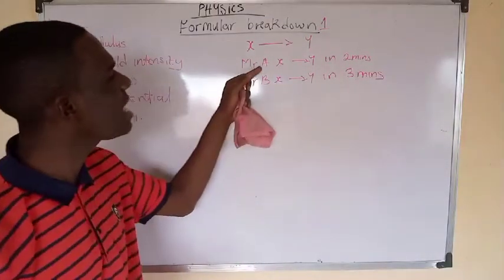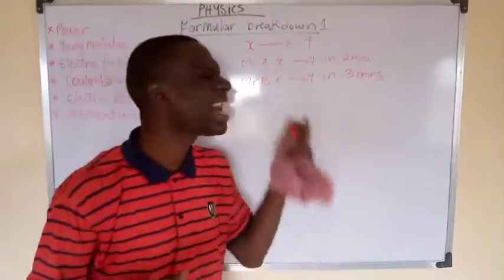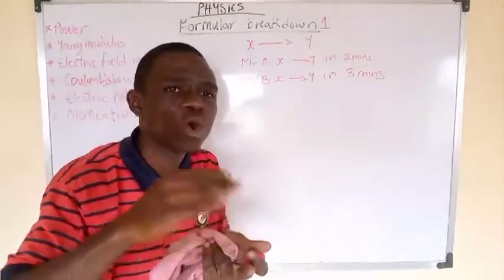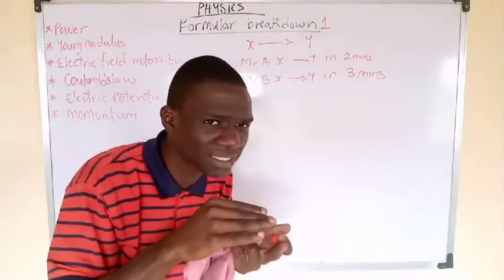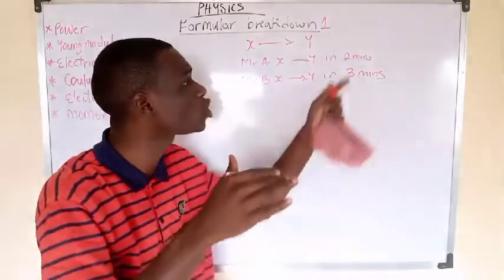Now, Mr. A is said to have more power than Mr. B because Mr. A does the work with a lesser time, because 2 is